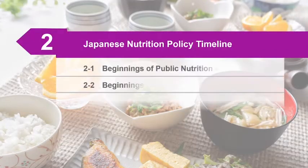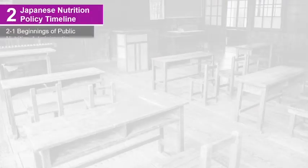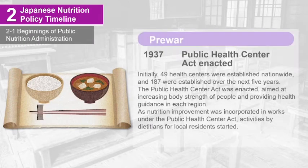Moving on, let's explain more thoroughly the history of nutritional policies in Japan. Nutrition policy in Japan has a long history. Even before World War II, as people in the Tohoku region suffered for many years due to famine and cold weather, dietitians were deployed to respond to the situation. Joint cooking was encouraged and became the basis of large group meals. In 1937, the Public Health Center Act was enacted, aimed at increasing citizens' overall vitality and providing health guidance in each region. This act included dietary improvement as an important responsibility of public health centers, and dietitians began working with